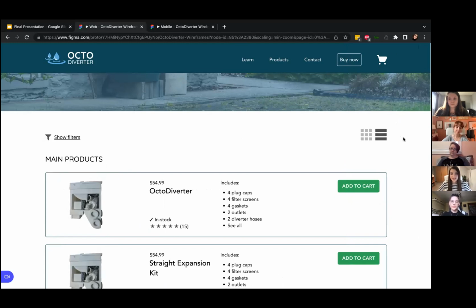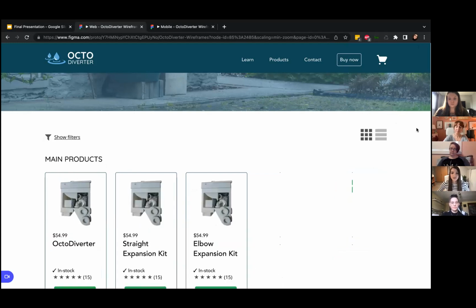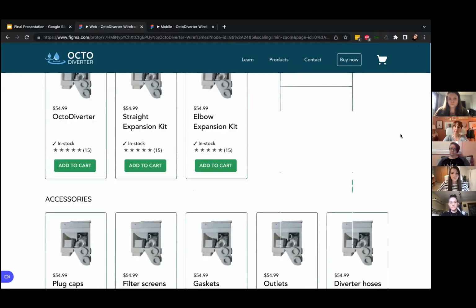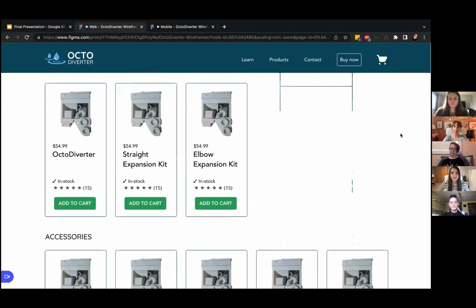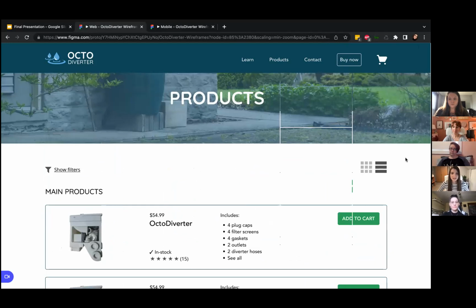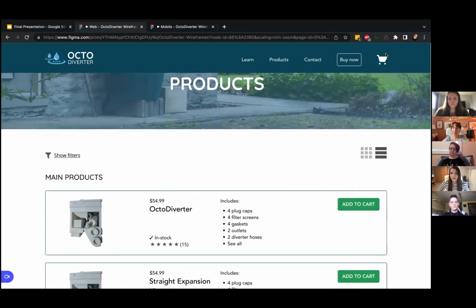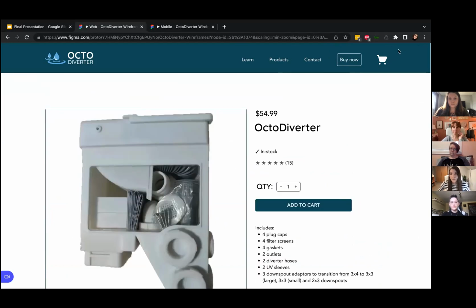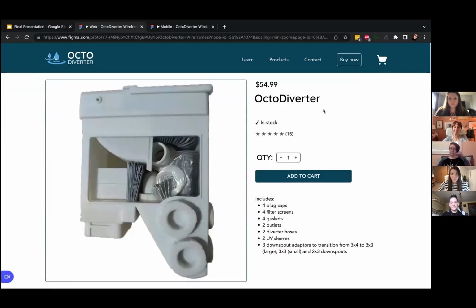Another part of this page is, as you can see, the default view is this horizontal list view, but they also have the option of changing it to a card kind of gallery view, in which they could maybe see more products, a little less information, but then we're allowing customers to make that decision for themselves. If we continue to the product page, you can see that we've included a huge image of